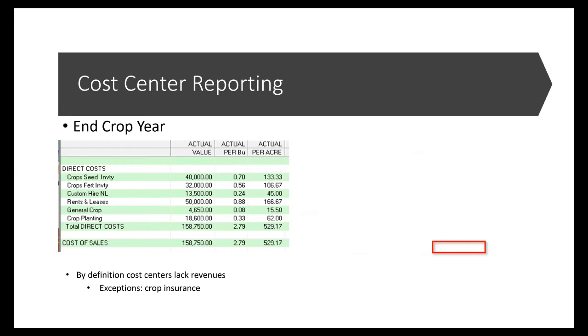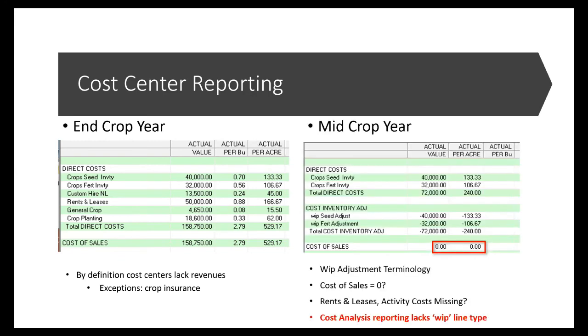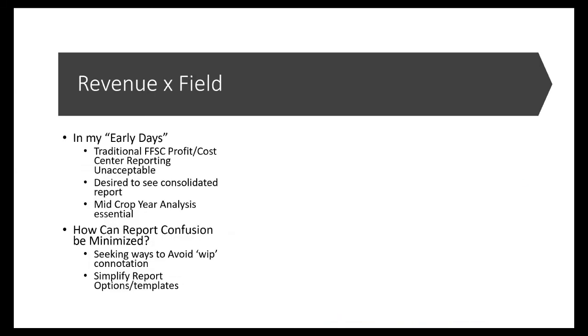So on the cost center side, again, fairly nice looking report. Have all the costs by field or by center, but if we were to look at that same report before harvest, we have some of these WIP adjustments going in there. And what do those really mean at the cost center level? Again, we can probably define the reports a little different, but that just creates additional complexity in the number of templates and when to use what template and not. So, to sort of solve this problem,